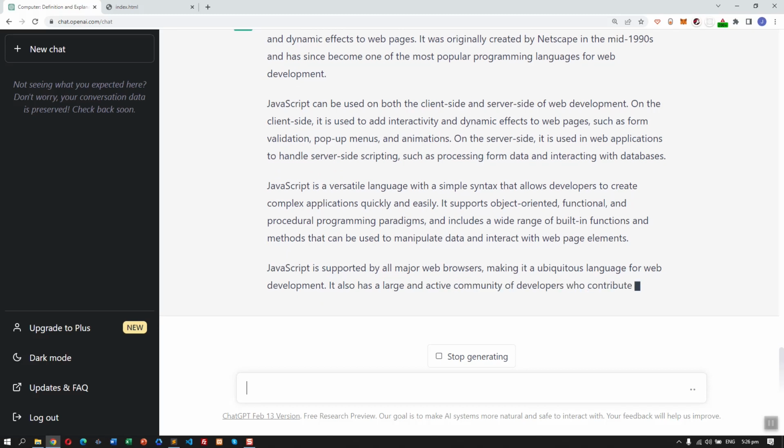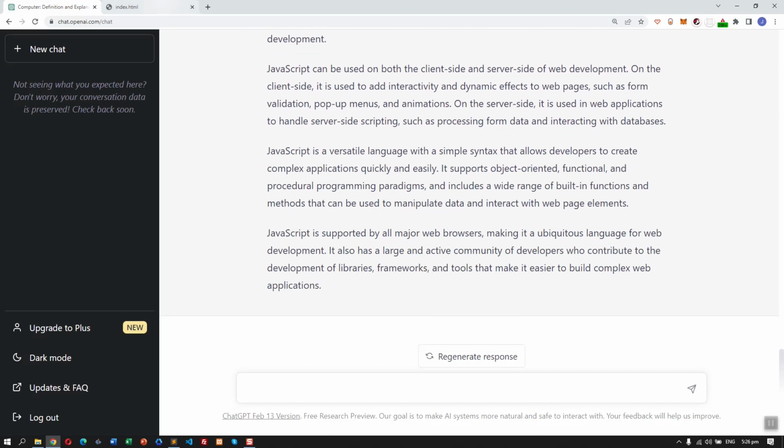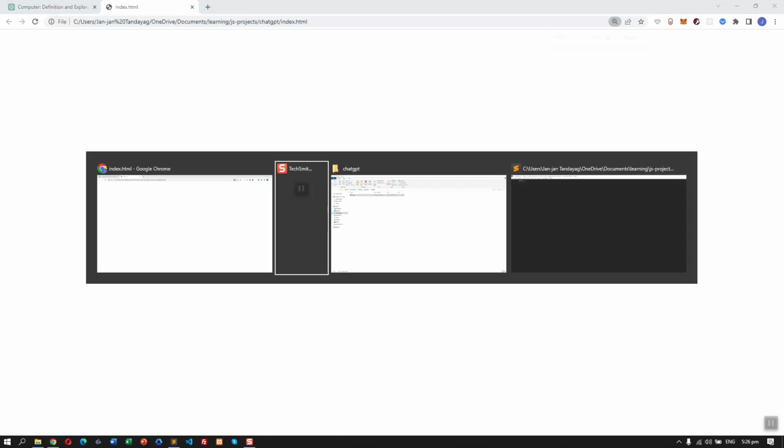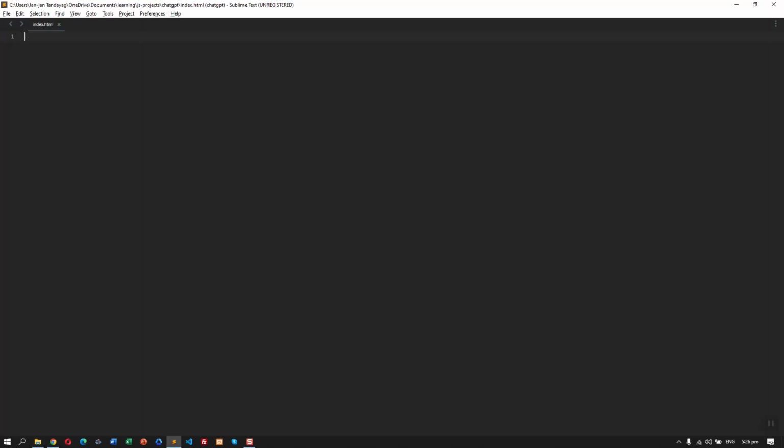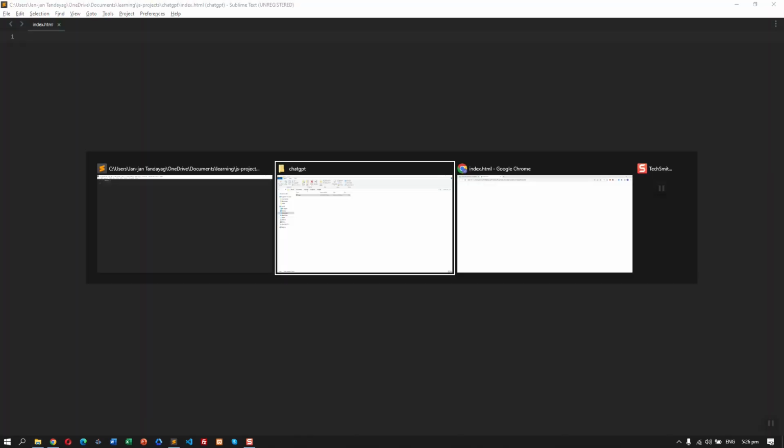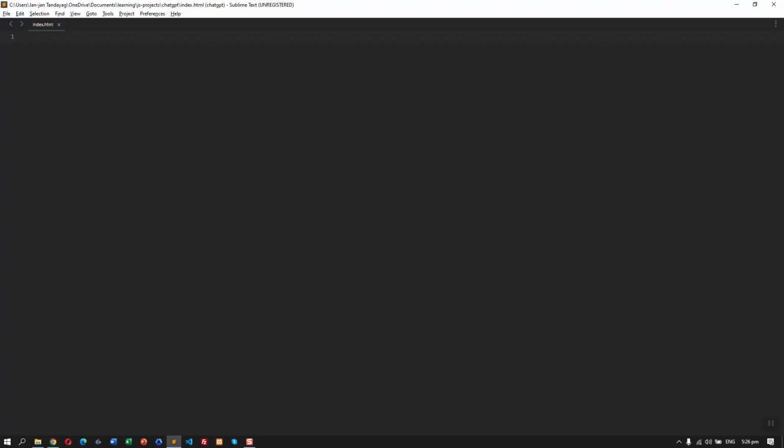So first thing we need to do is create a project file inside our folder. So here's my folder, and I created this index.html. So if I'm going to refresh,